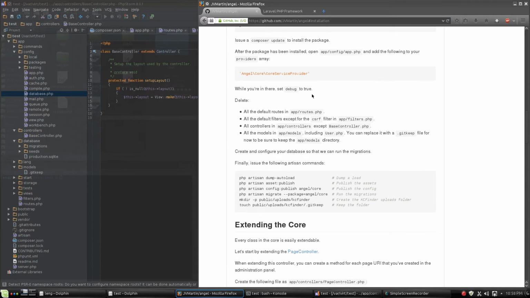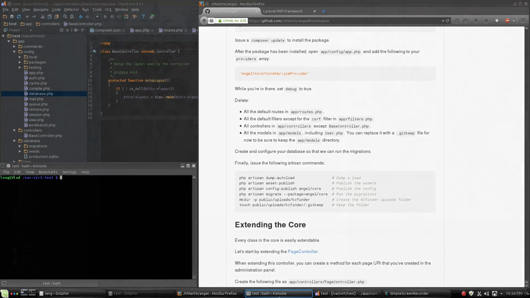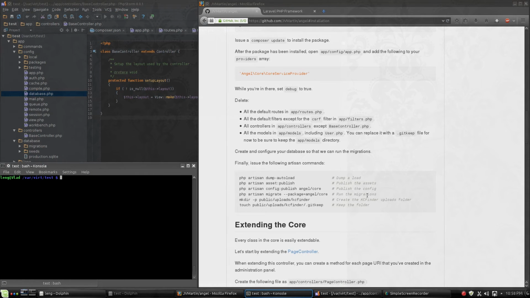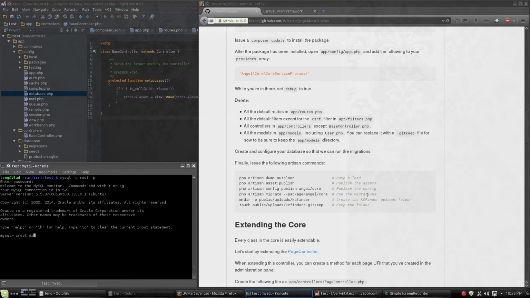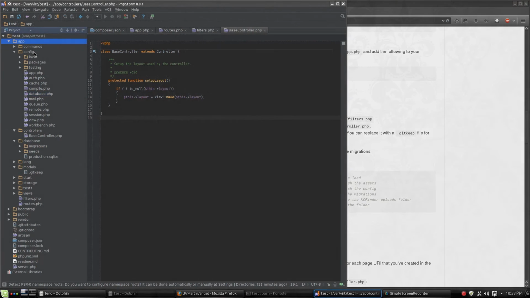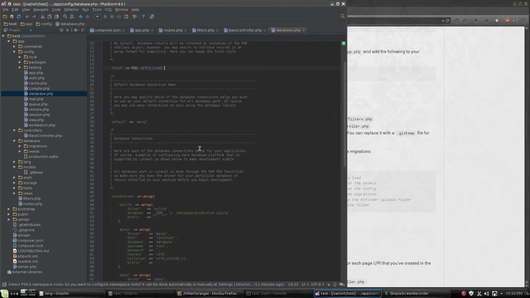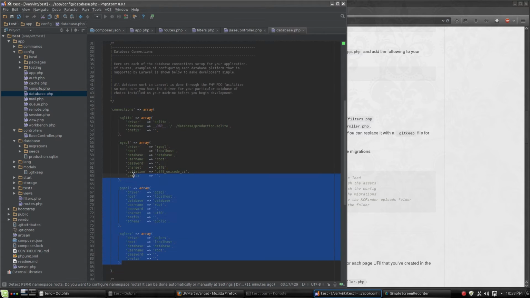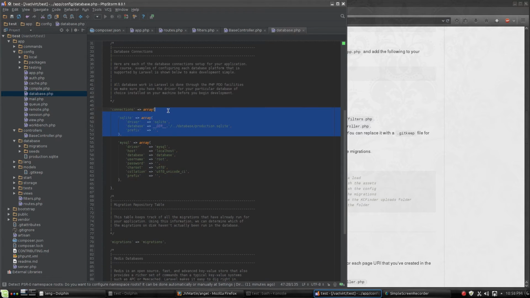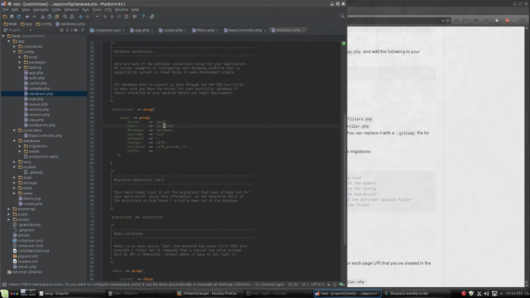Now that we've stripped out all of those default classes that Angel takes care of for us, we can go ahead and create a database here. So I'll just use MySQL, and I'll do a create database testDB. And once we have that, I'll come into app config database.php, and I usually just go ahead and delete the drivers I'm not using, and then in here I'll put in that testDB,